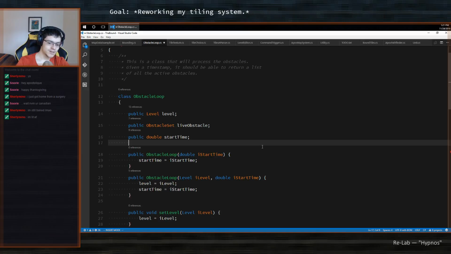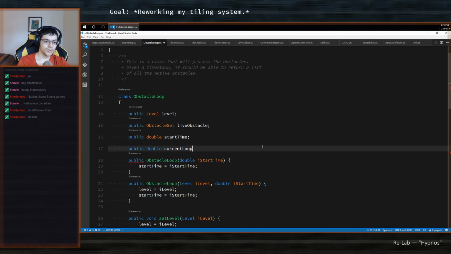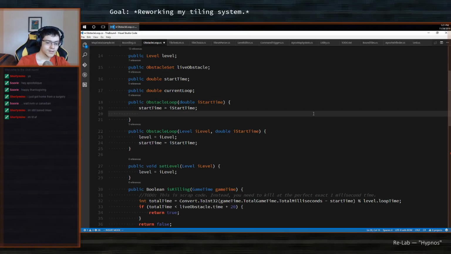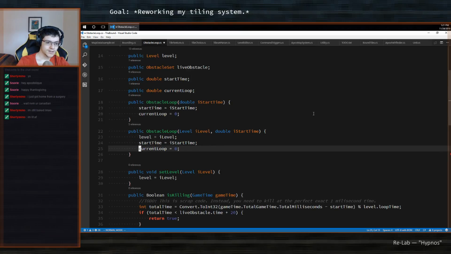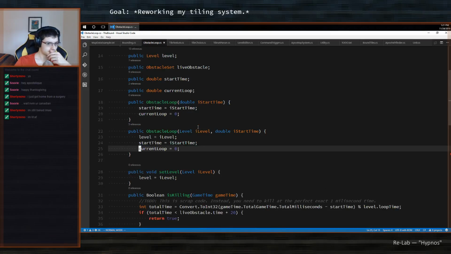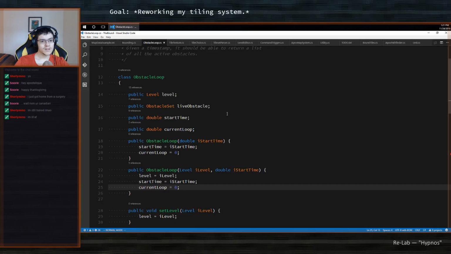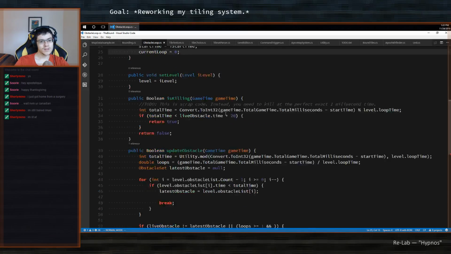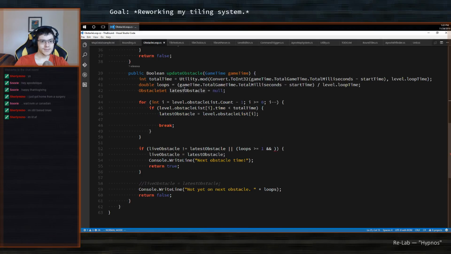Start time, public, double, current loop. Current loop equals 0. I don't know if that makes sense, but let's try it.